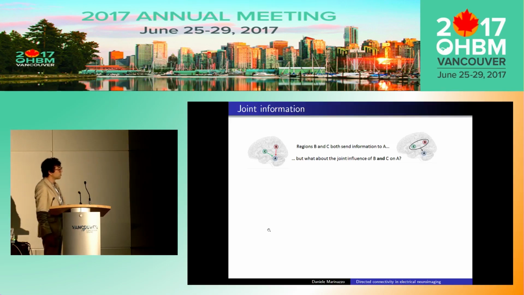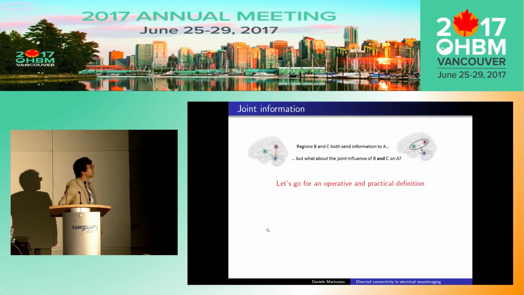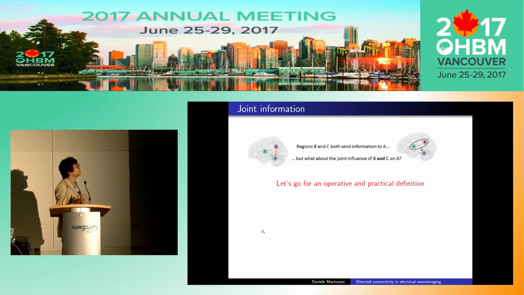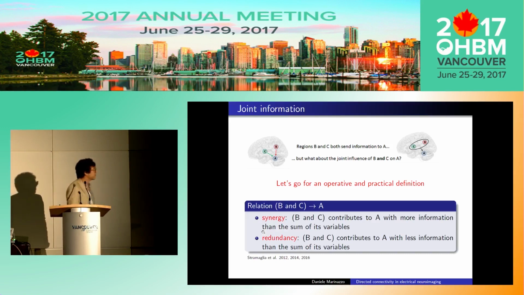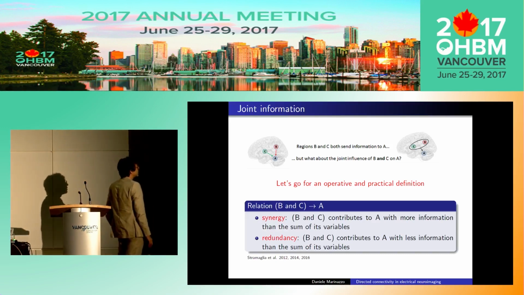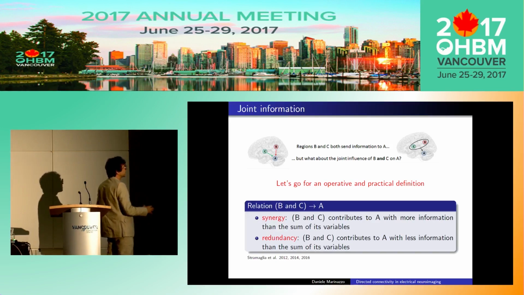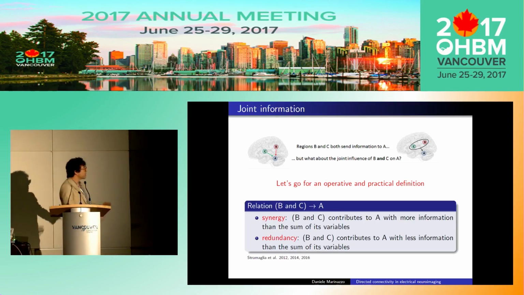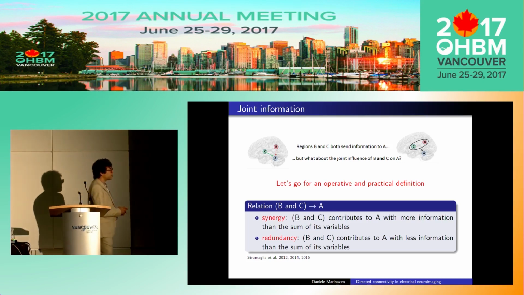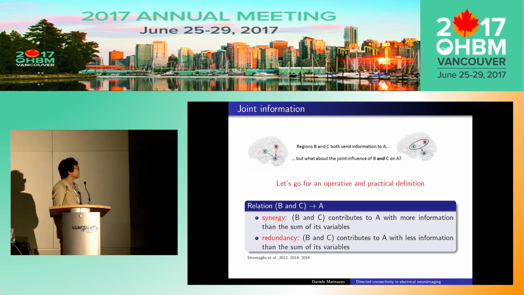So we go back to the previous question, and we go for an operative and practical definition. There are axiomatic definitions of redundancy and synergy. Here we go for a predictive, operative one. So if we have B and C that act upon A, we can define synergy if B and C together contribute to A with more information than the sum of B on A and C on A, and we have redundancy when B and C contribute to A with less information than the sum of